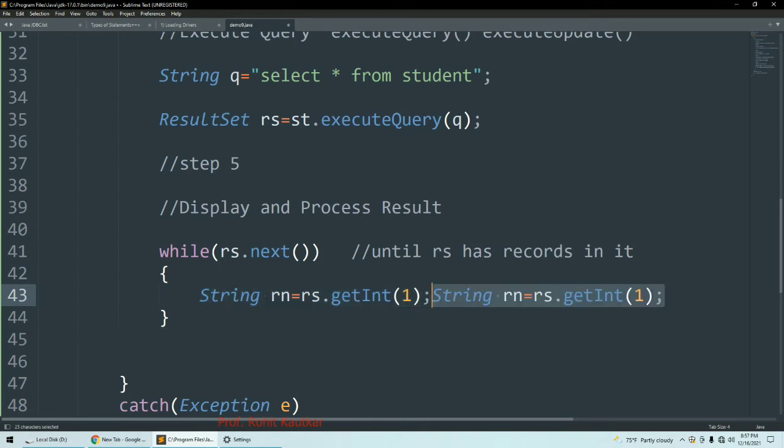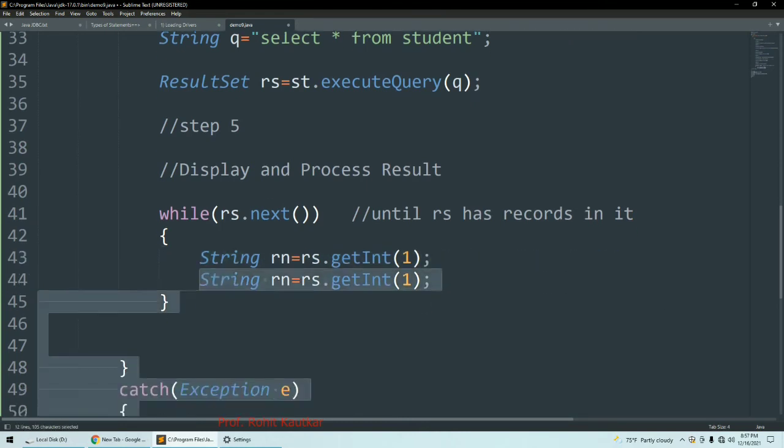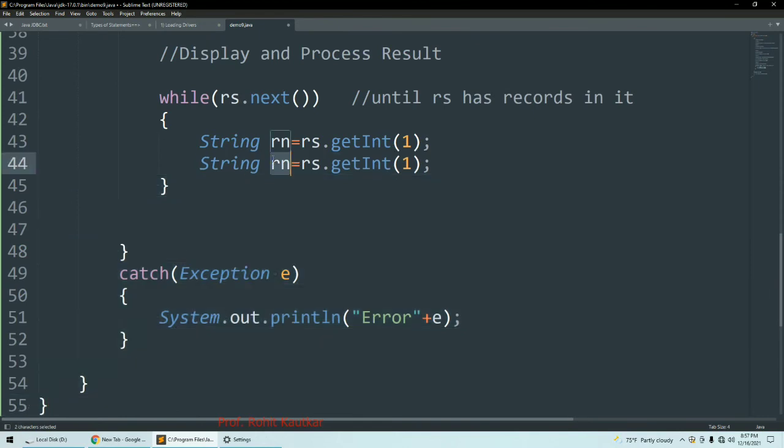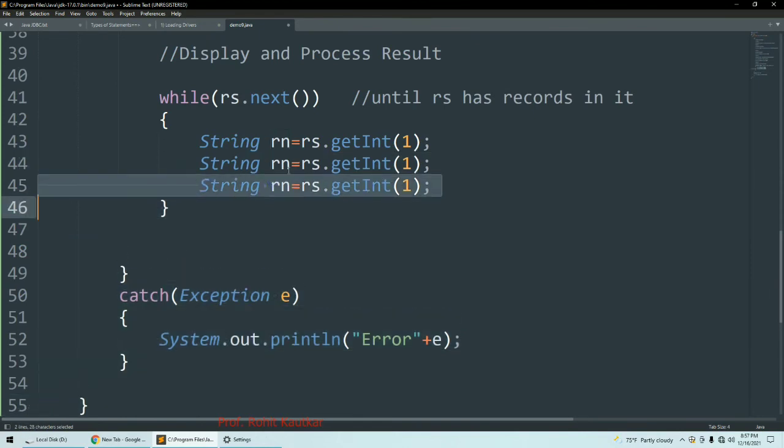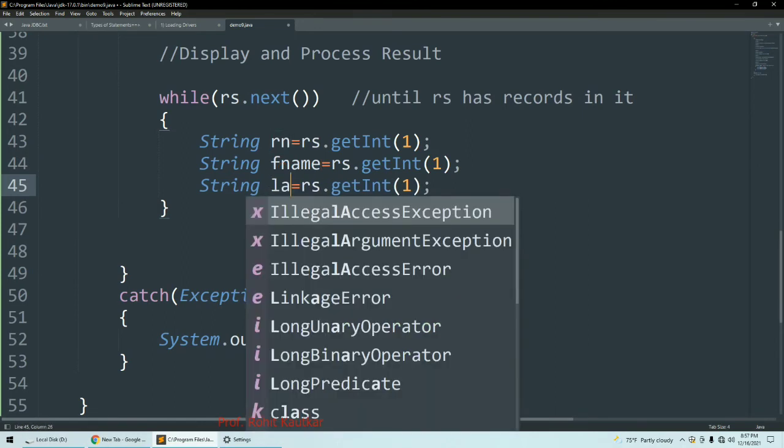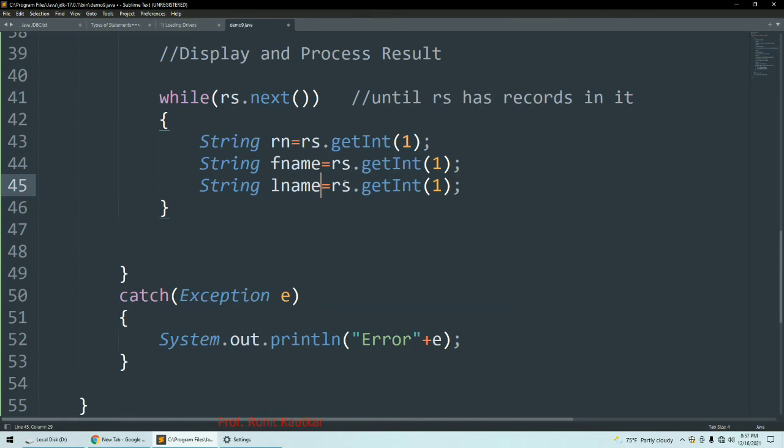Now I will duplicate this line, one more time, as I want to retrieve 3 values. The second value will be fname, and the third value will be lname, and here I will use the getString method, and here as well I will use the getString method.